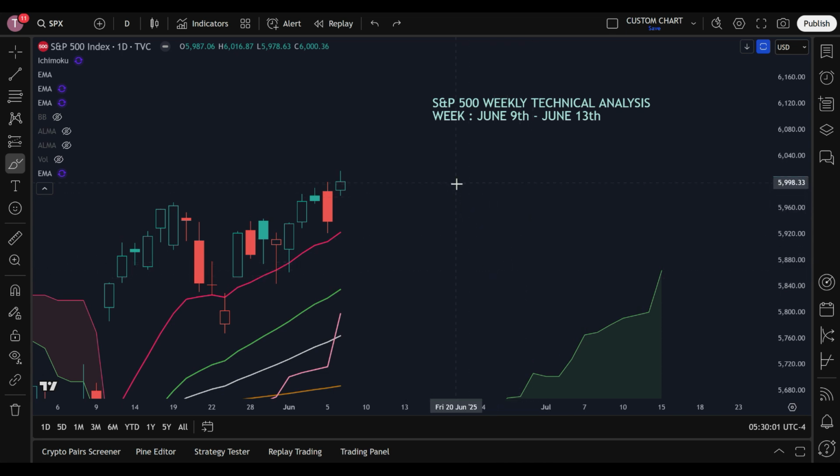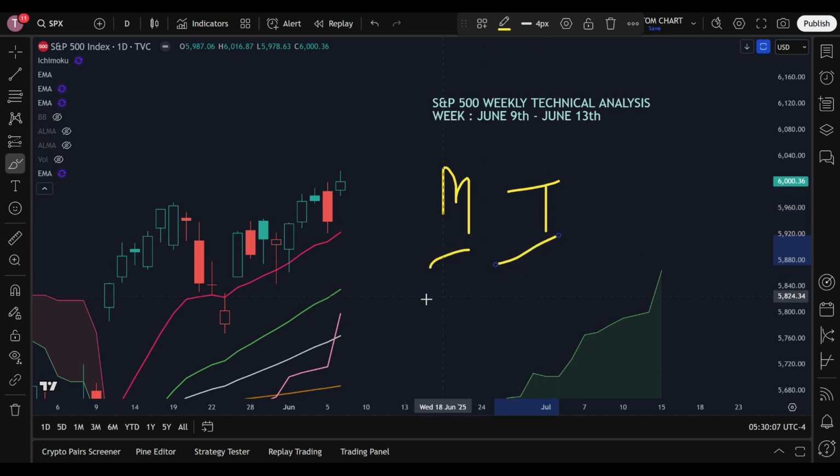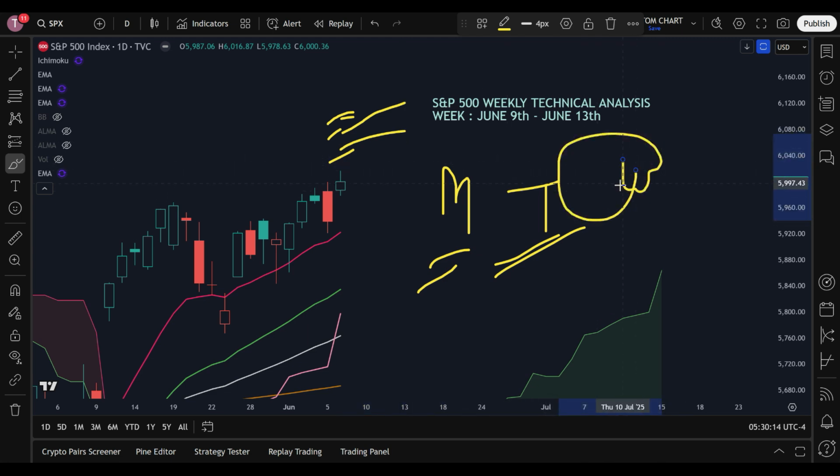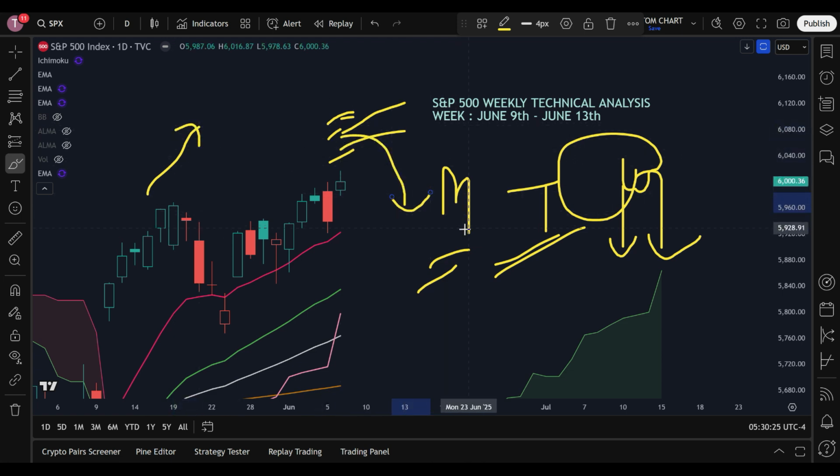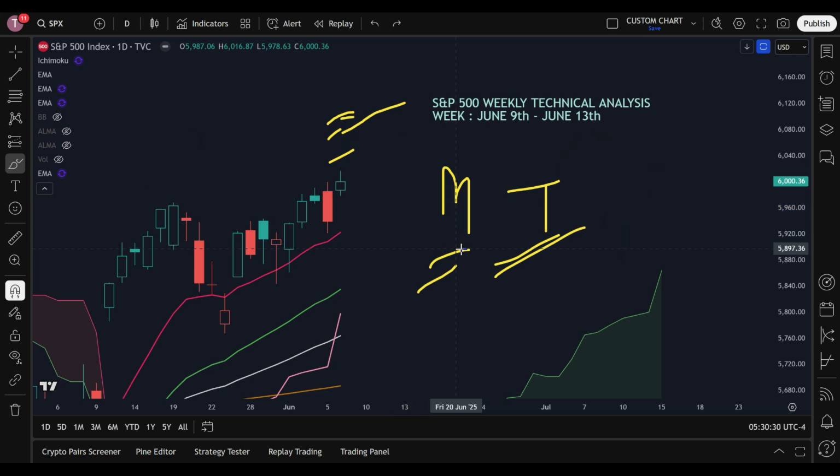This means that the stock market, the S&P 500, Dow Jones, Nasdaq, has only Monday and Tuesday to trade bullish, to test these bullish levels. Because if on Wednesday the data comes opposite to what Wall Street was anticipating, meaning it shows that inflation is moving up, then from Wednesday itself we can anticipate a fall, or a good fall. And this is exactly the same fall that I mentioned on the weekly chart also.